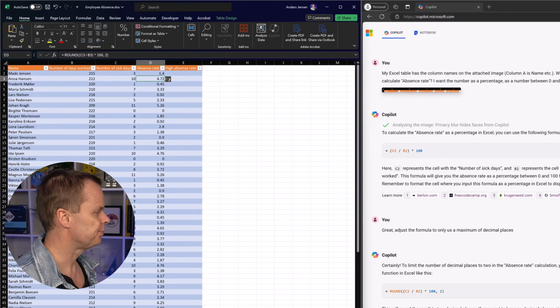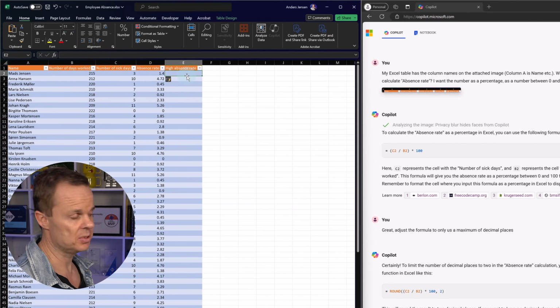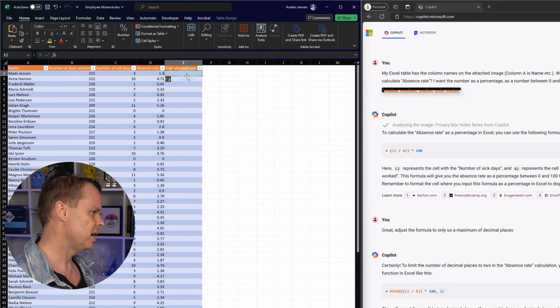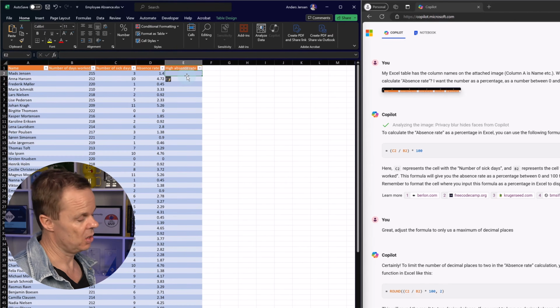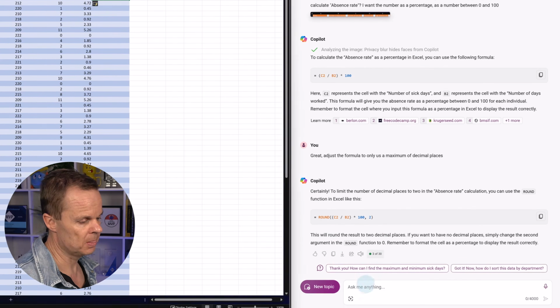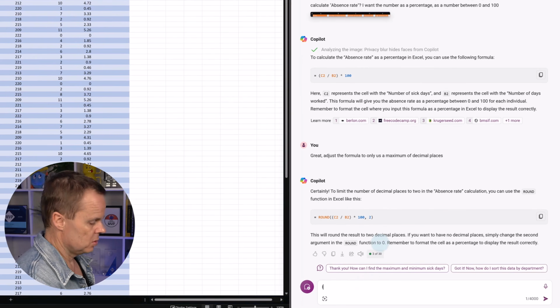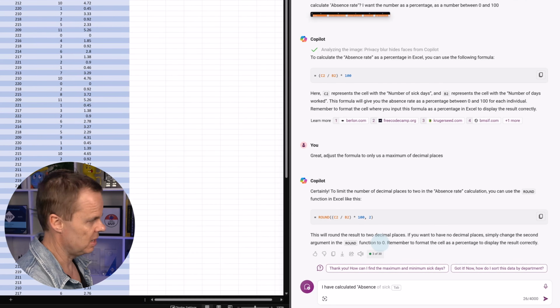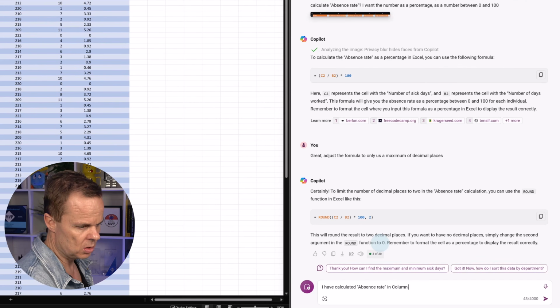It's that easy. I can also say that I want to fill in the high absence rate. So if an absence rate is above 3, then we define it as high, otherwise normal. And again, this is just arbitrary for this example. I go down here. So here I say I have calculated absence rate in column D,